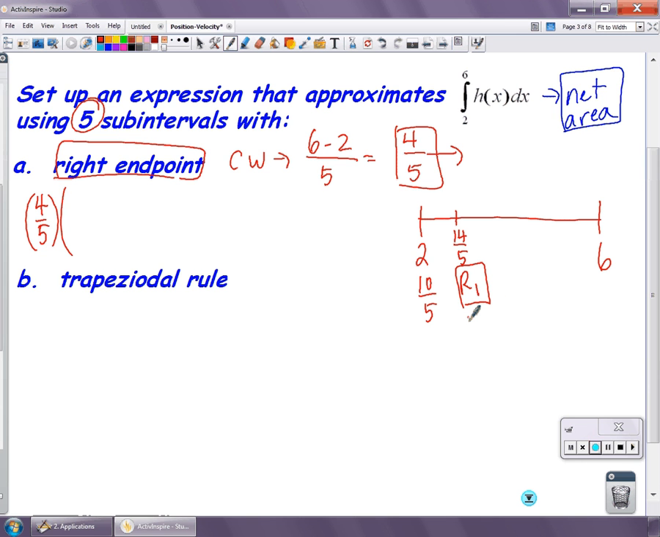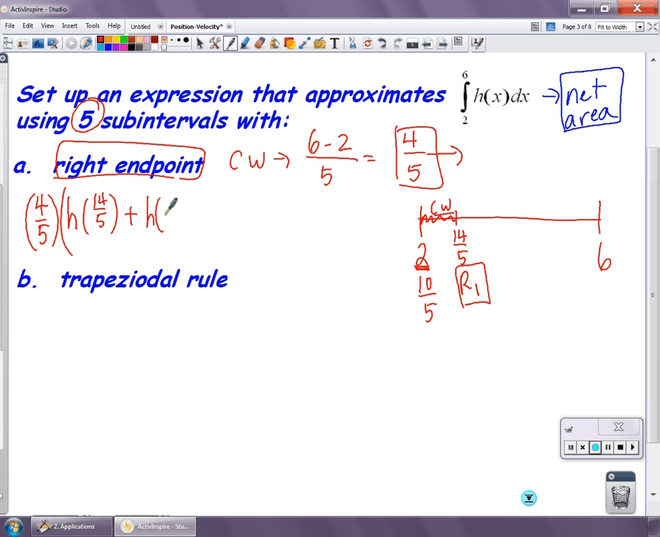Because again, how did I get that? I started at the lower bound, and I added 1 common width of 4/5. So 10/5 plus 4/5 puts me at 14/5. Now remember, that's the x value. I need the height, so I'm going to have to put that into my function, so it would be h of 14/5. Now to get to the second right endpoint, I'm going to add another 4/5, which would put me at